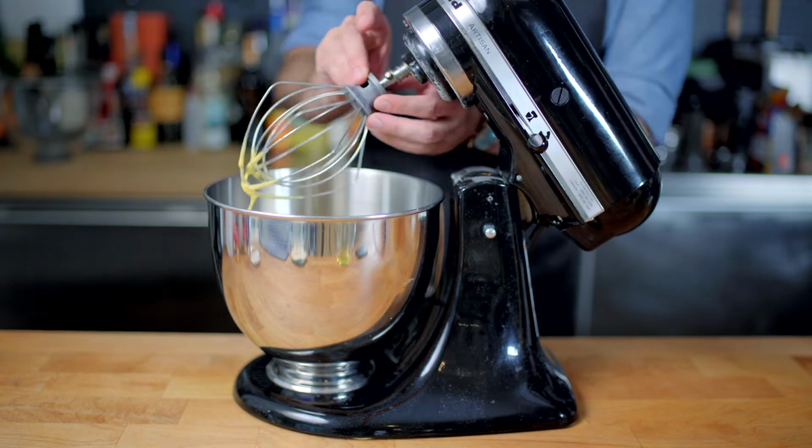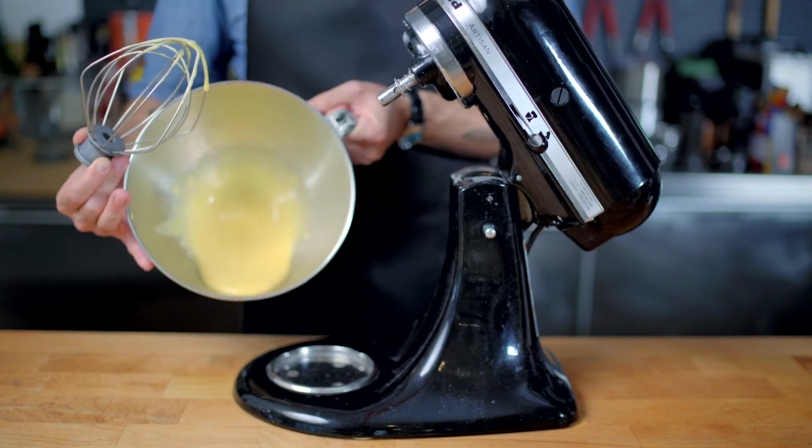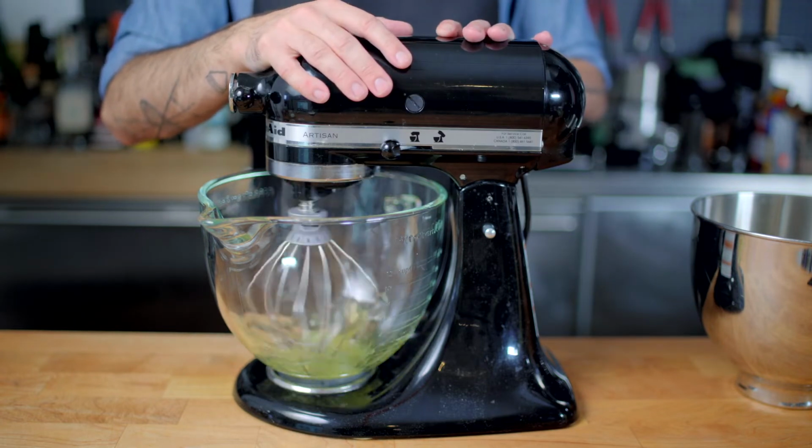About 2 minutes. At which point, with the mixer running, we're gonna add about a 1/2 teaspoon of extract. You could go vanilla or almond or whatever kind of flavor you want to make your ladyfingers. Set that mixture aside, and then into another bowl set in a stand mixer, we're going to whisk 4 egg